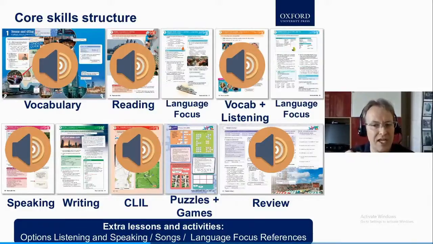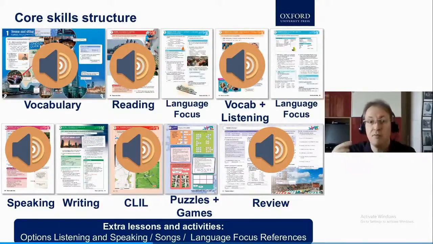Let me know how many English lessons you have a week. In my experience, you can never have enough input, okay? We want to expose the students as much as we possibly can. Now, many of you are saying 3 or 4 lessons a week. Do you think that's enough? That may feel tiring, but in terms of the input the students get, we want to give them all this